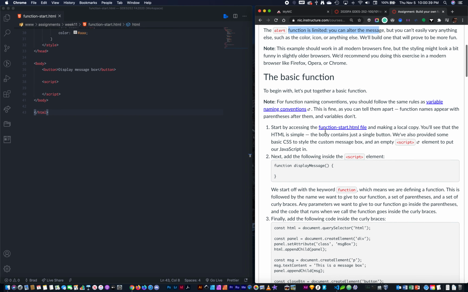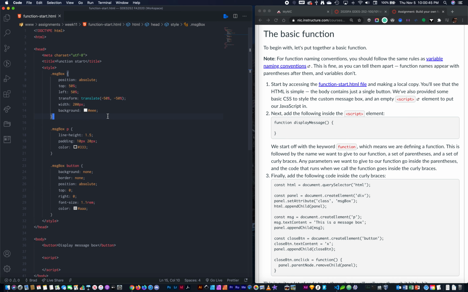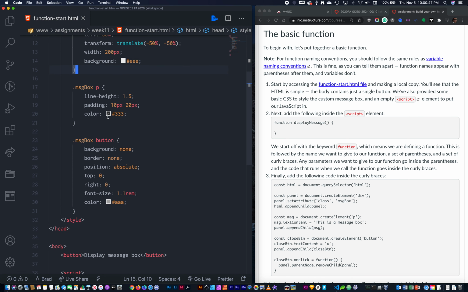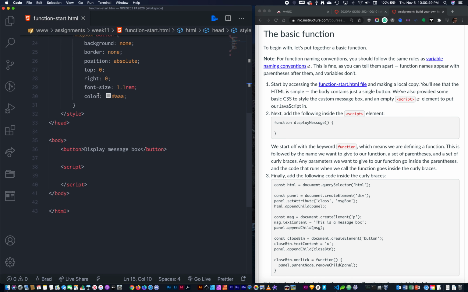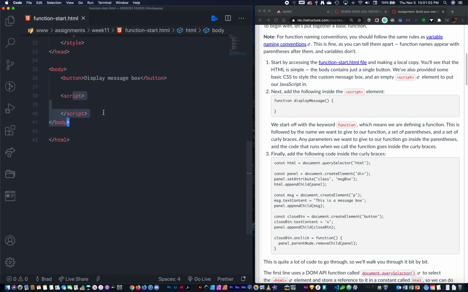To get started, we will download the function start HTML file, which I have over here. This has some styling. It has a button, which we're going to activate to click and see the alert, and then our script tags. The first thing we're going to do is name the function that we're going to work with. So it's going to be function display message